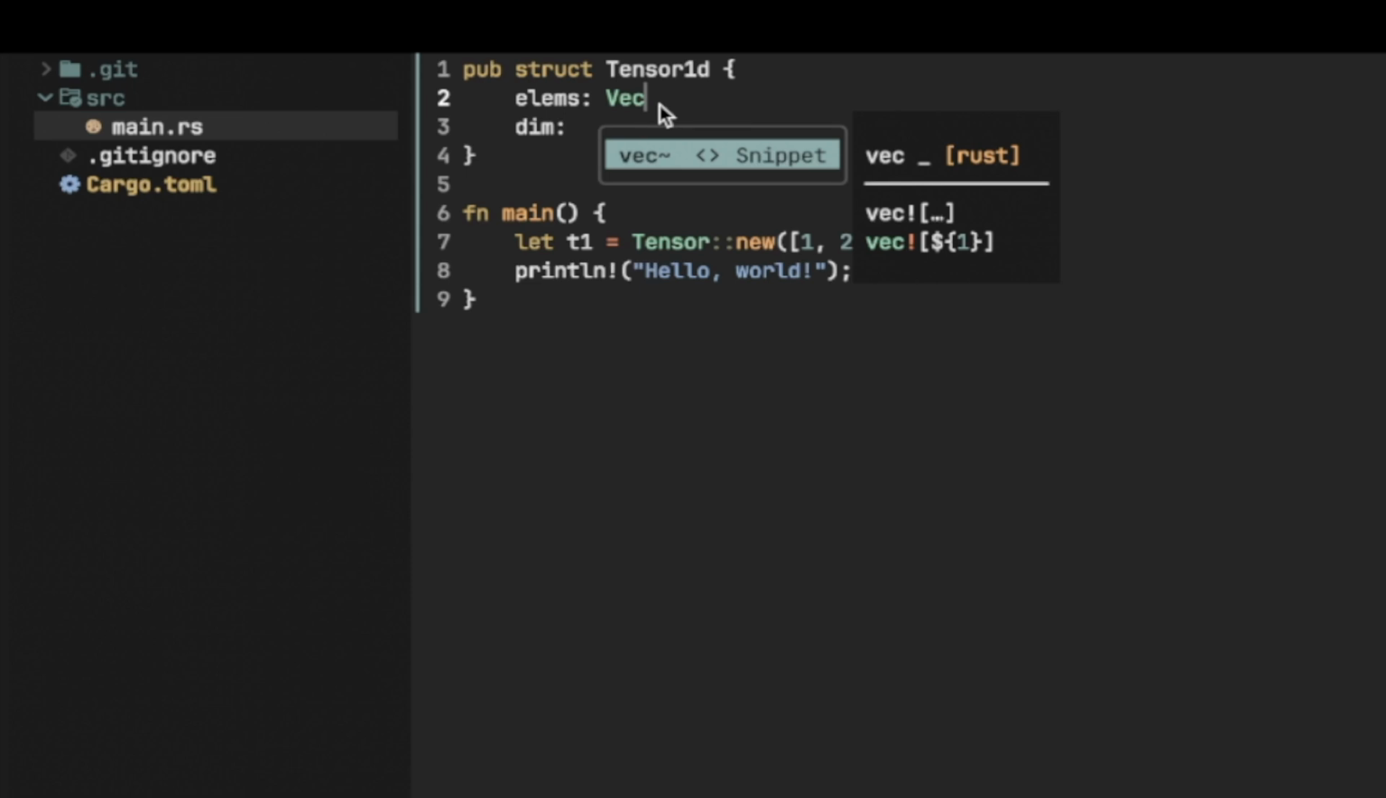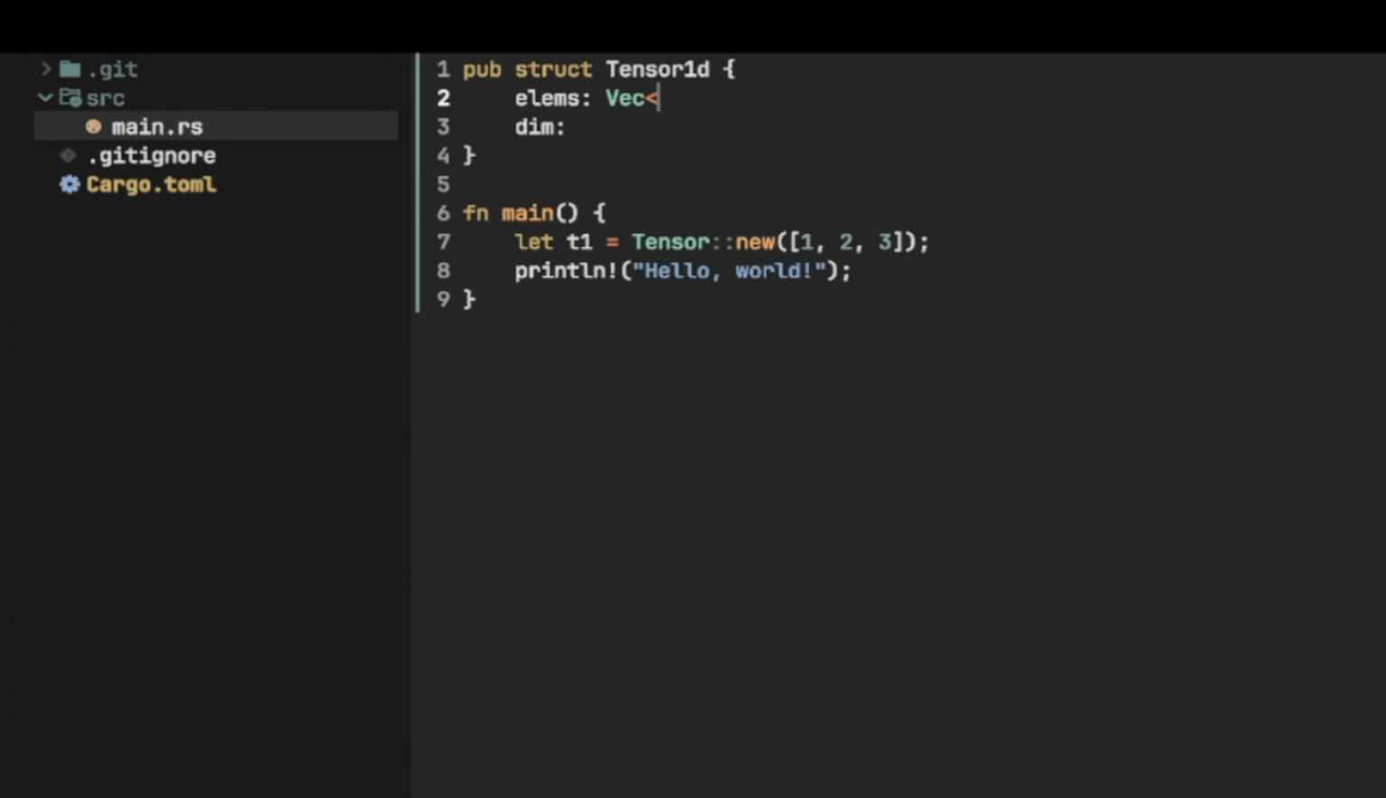So this is going to be a vector. Now in Rust, we would like to be able to do something like this to specify that this vector is going to be either an unsigned 32-bit integer or a 32-bit float. Rust does not give you this type of type checking syntax, and largely that's just because of the way the Rust compiler works. So what we have to do instead